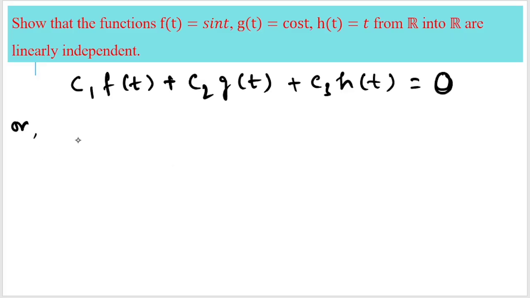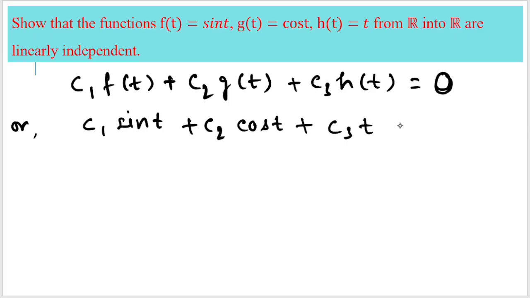Putting the values of f(t), g(t) and h(t), we get, so this combination will be equal to the 0 function for all values of t. Now we are taking first t equal to 0. Let us get one equation, which is